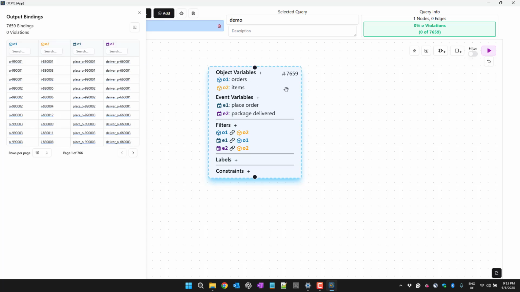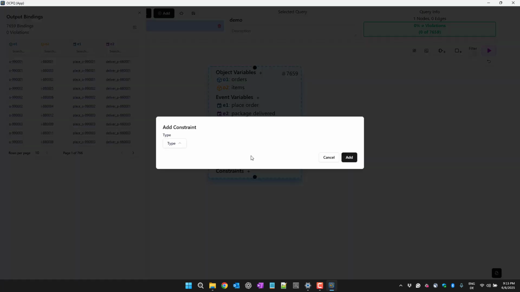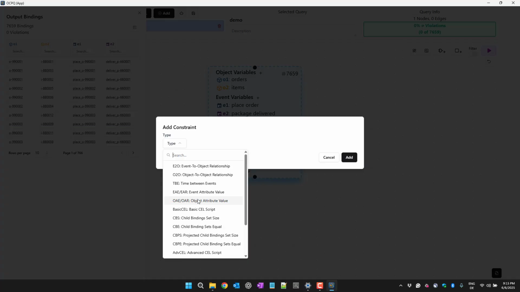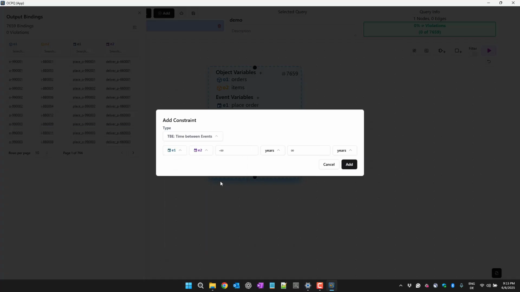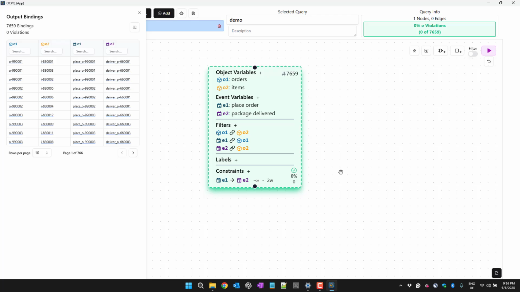So this is what we have created now, and now we can, for example, add a constraint related to time. So we have two events, E1 and E2. E1 was placing the order, E2 was the delivery. And we can, for example, say that we want this to happen within 2 weeks. So I now say the time between E1 and E2 is between -infinity and 2 weeks. And if we add that,